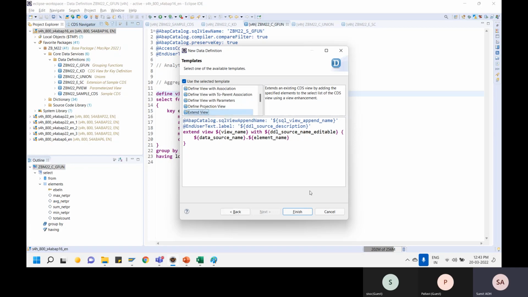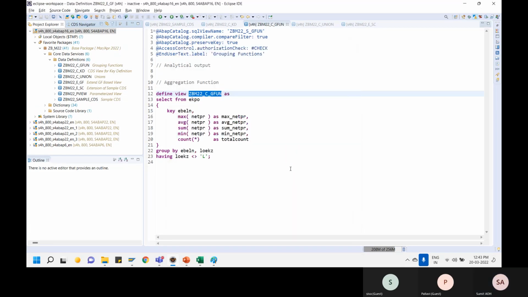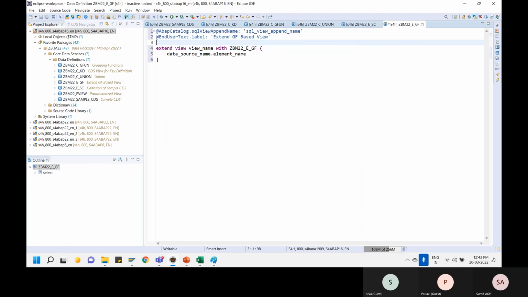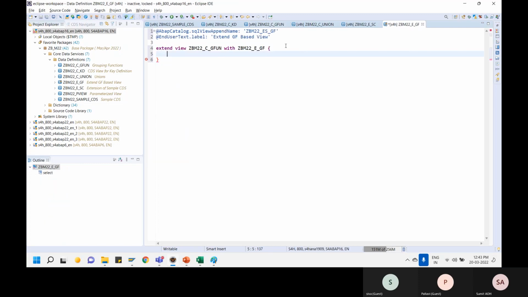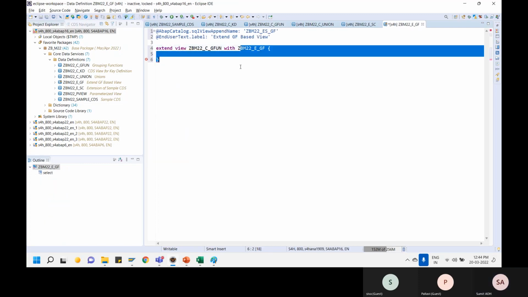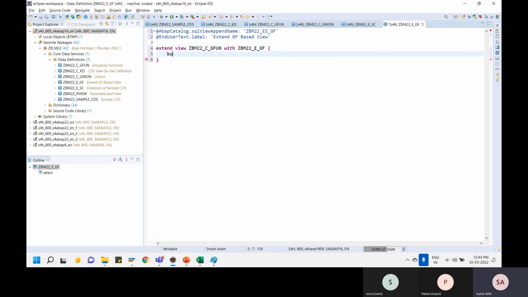here I'll be extending this view as well. It's a very simple thing. I'm trying to extend this view. I'll give the SQL view name to this. And what can I expect over here to come? So for example, this grouping function based view, I want to extend, and all I want to add is a certain additional field coming from the source column. So for example, I want to add a company code over